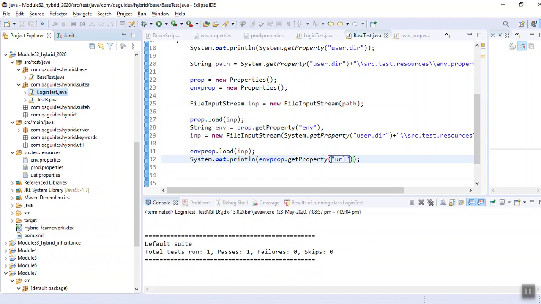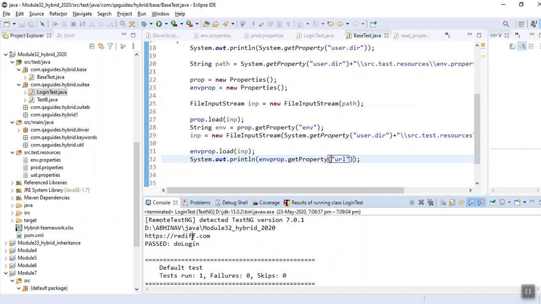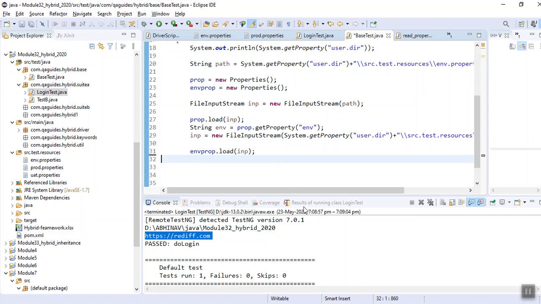It ran, and you can see it is rediff.com, and rediff.com is coming from production only. Fine, both of our files are initialized. Now removing this line. Hope you got this.